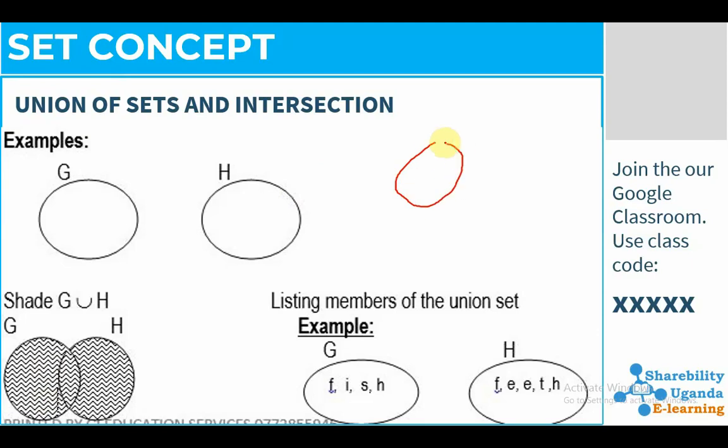If we have our set G, and we have our set H. I'm drawing them very well, and they are looking nice, but you can also do them nicer than me. So these are our sets, and when they say find the union of these two sets,